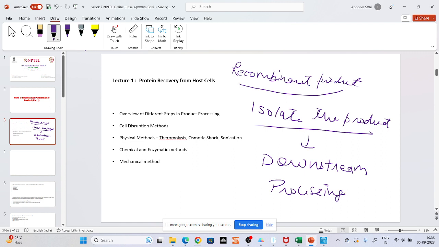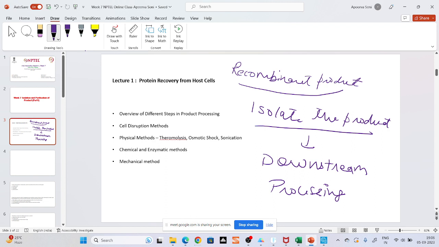Up till the cloning and expression, whatever we do is known as upstream processing, and the isolation, purification and recovery of the product is known as downstream processing. In fact, whenever you are doing any kind of drug discovery, or when you produce drugs or recombinant products on a large scale, suppose recombinant insulin and many more recombinant products,